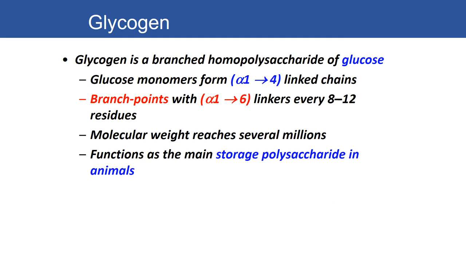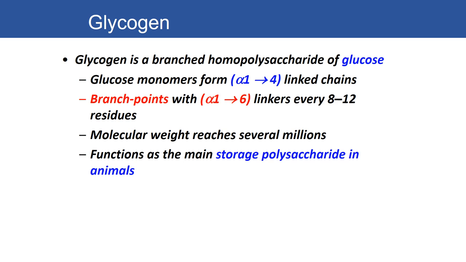It's a branched homopolysaccharide of glucose. Glucose monomers are joined together in alpha 1,4 glycosidic linkages. There are branch points within this, alpha 1,6 linkages, about every 8 to 12 residues. That branch point provides disease states in certain people who do not have an enzyme to cut off that branch. We'll talk about that a little later. The molecular weight of this can reach several millions, and its function is the main storage polysaccharide